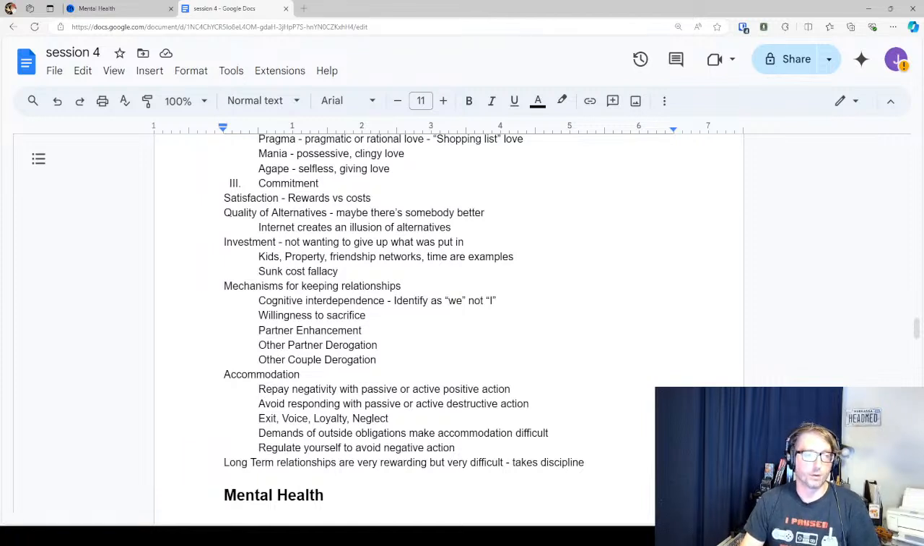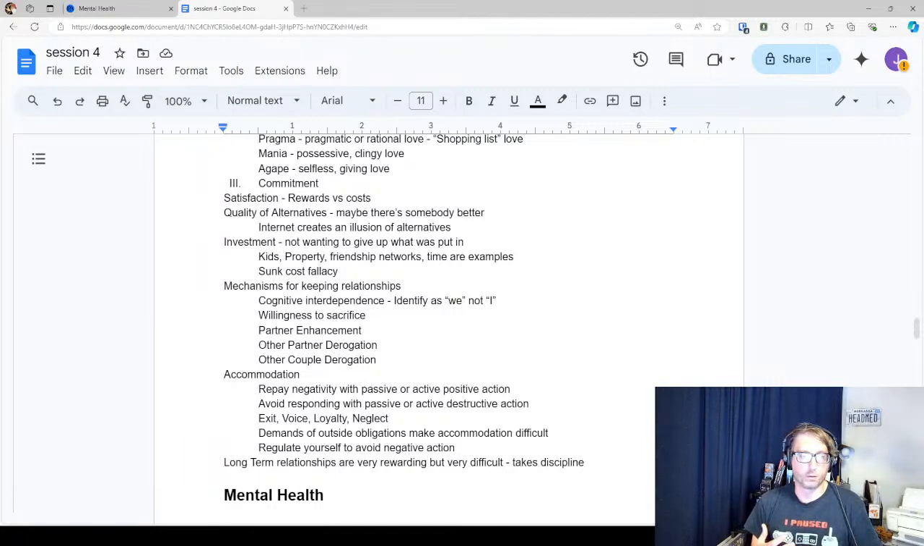So we have repaying negativity. When one person does something negative in the relationship, we have 4 choices. We have passive positive action and active positive action. We have passive destructive action and active destructive action. And what we need to move towards is, when it's up to us,